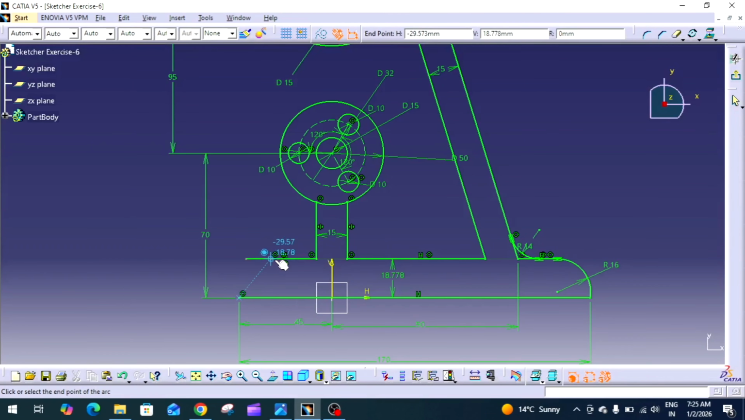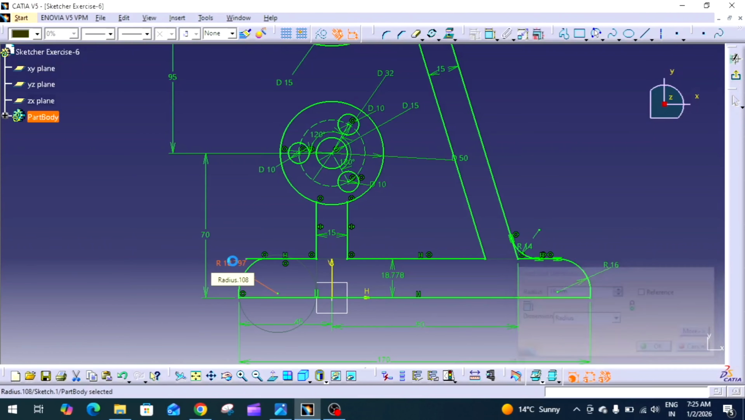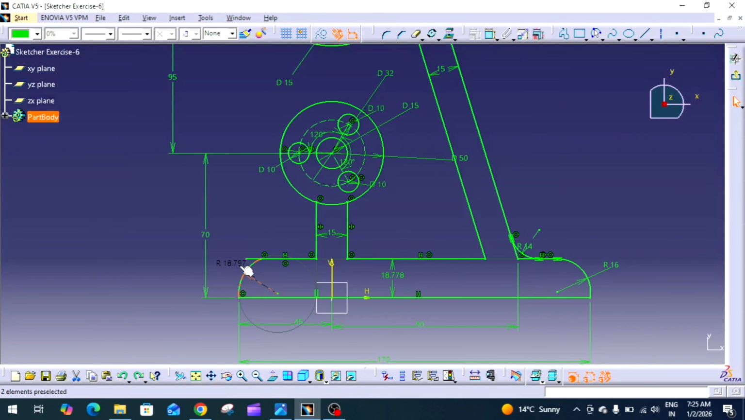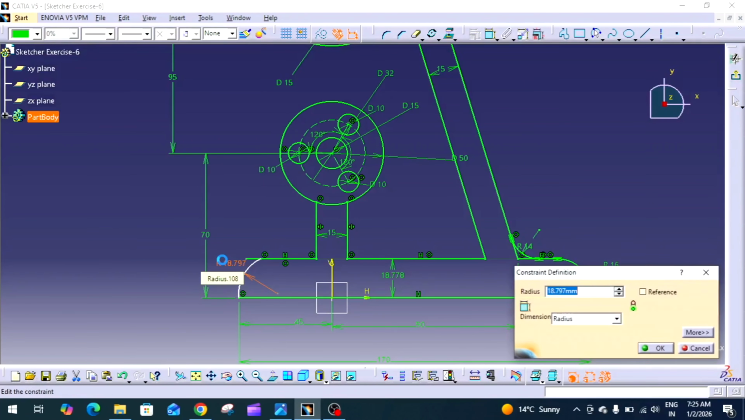First point, second point, this one. There is an extra point here. Delete this point and give the radius value of 16 mm. Why? Because this is tangency with this line, so we have to delete this tangency first and then give the radius